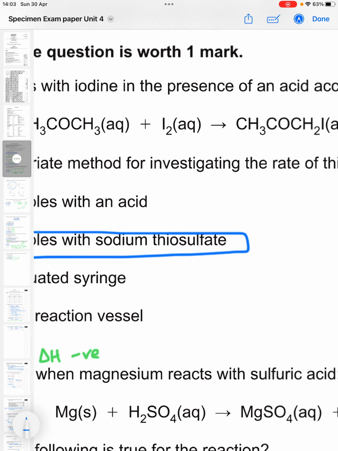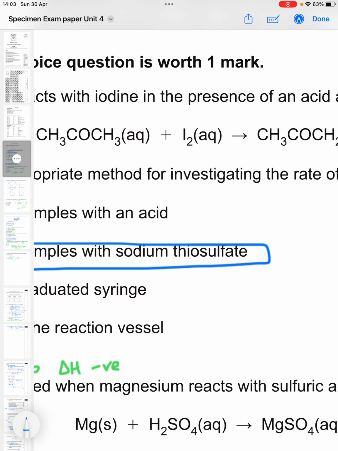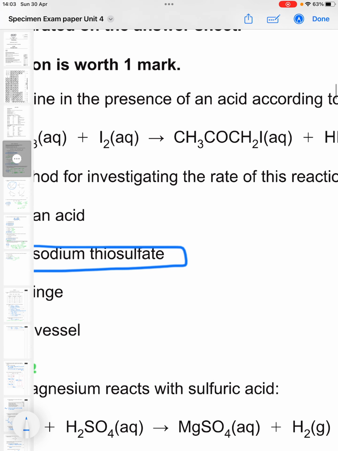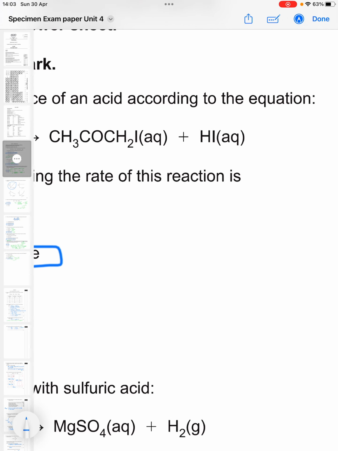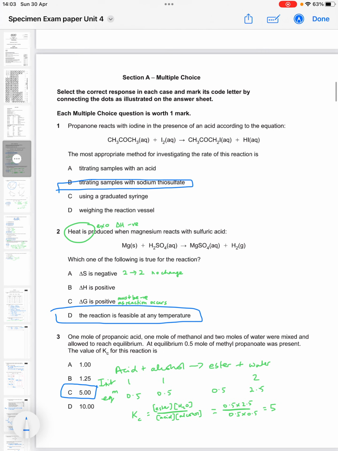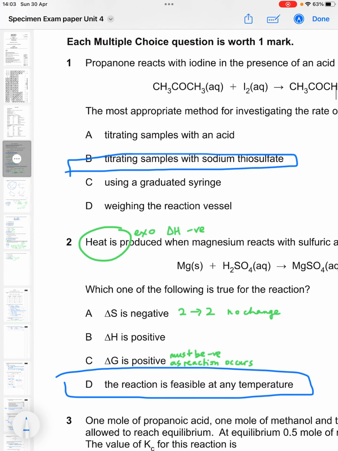So question 1. Propanone reacts with iodine in the presence of an acid according to the equation. We've got CH3COCH3, that's the propanone, and iodine, and that gives us the CH3COCH2I and HI. So the most appropriate method for investigating the rate of reaction is